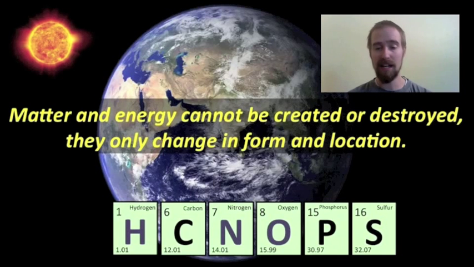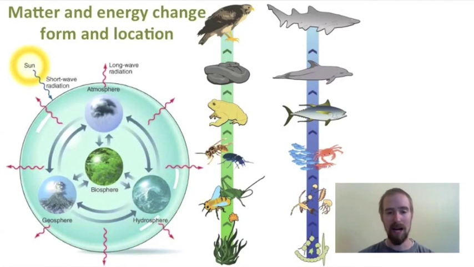And if our planet is to maintain a balance and is going to continue to support ecosystems on all different parts of our planet, there has to be enough of this stuff moving around from place to place to be available for the organisms that need it. And in fact, it moves around quite a lot. Part of that law of conservation of matter and energy states that these two things only change in form and location. And although there's no new matter being created on our planet and there's no matter being destroyed on our planet, it actually moves around and changes form and location quite frequently.